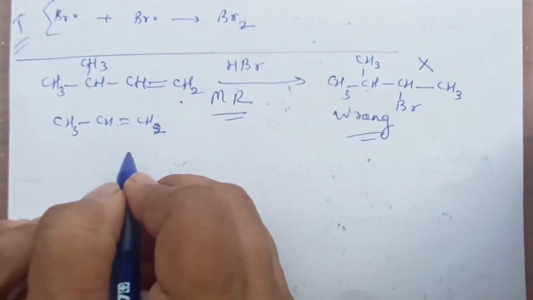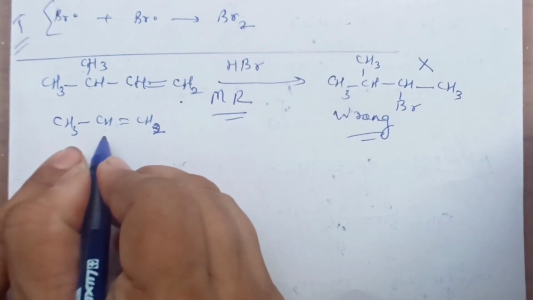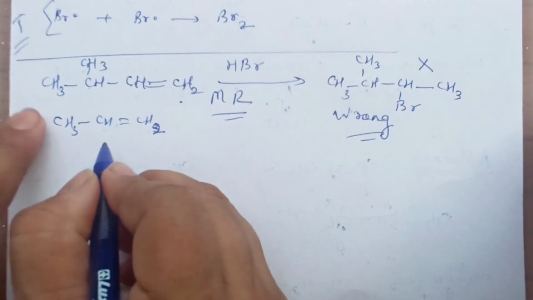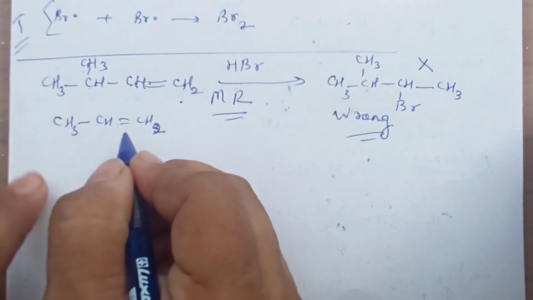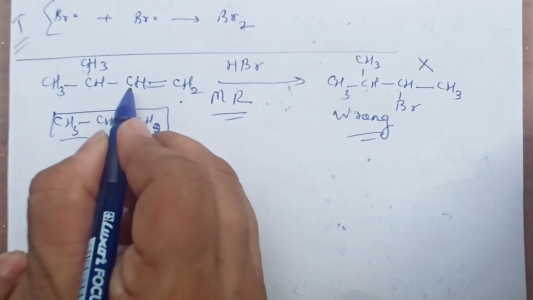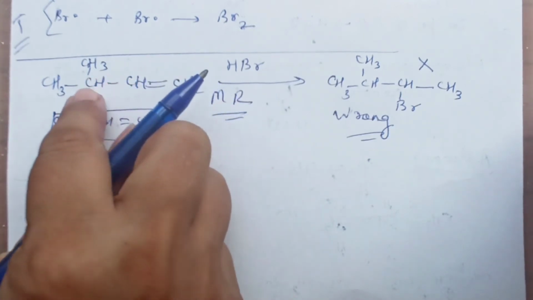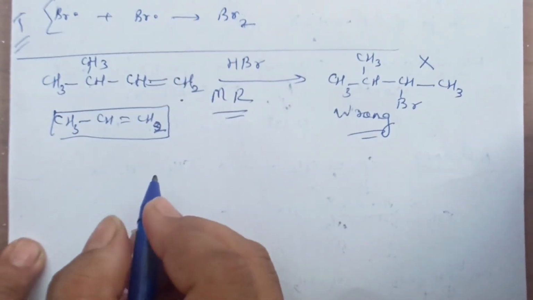If we were adding HBr, no question, H and Br are added directly. Then you will get 2-bromo only, because even if this shifts, you would get a primary carbocation. So only if there are 4 carbon atoms, with the carbon-carbon double bond on the side, and on the next carbon atom you have hydrogen and methyl group also present, then this rule will be applicable.